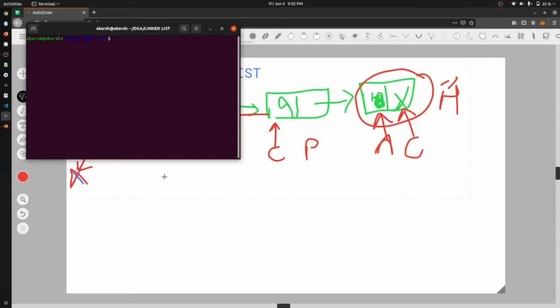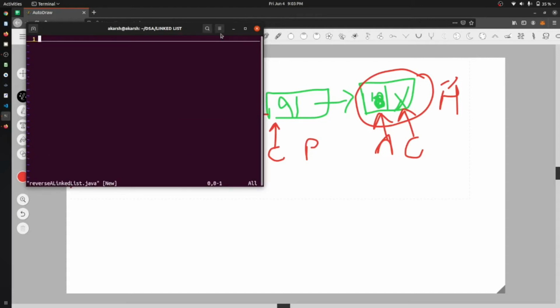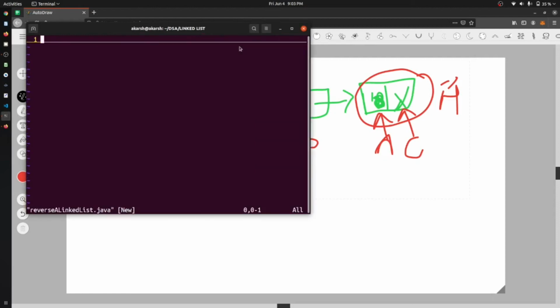Okay, very good. So we will say that I'm creating this in Java. So let us create a ReverseLinkedList.java. Okay. Let us just increase the size of the editor.